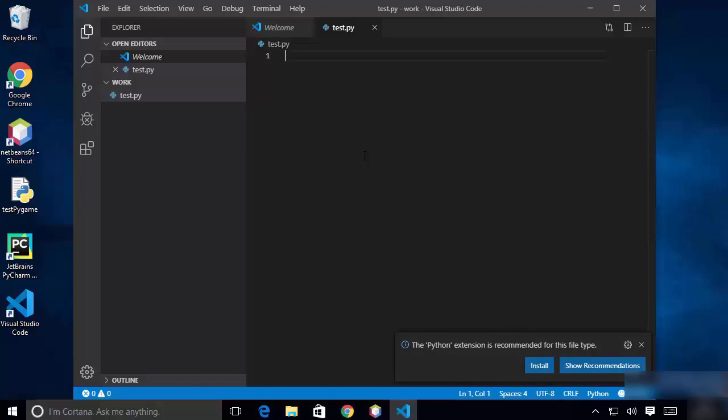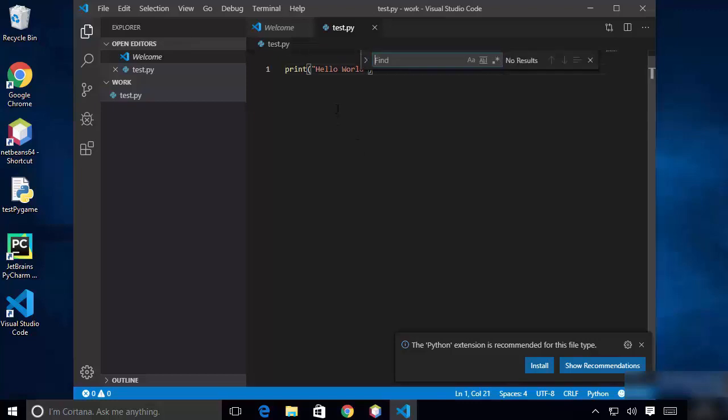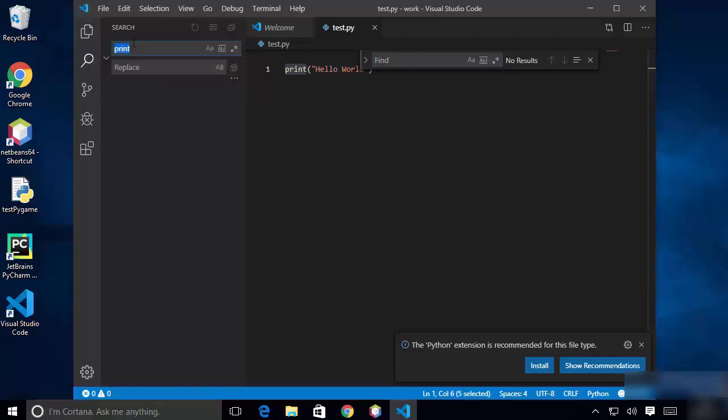So I was talking about the search. So if you want to search in the file, for example, I'm going to just write print hello world, and then just press Ctrl S to save your content. So you can press Ctrl F to find your stuff inside the current file. So for example, I just want to find out the print statement. So just type print, and you can see it's highlighted. Or if you want to search in the whole folder, then you can click on this option, and it's going to search for your keyword in the whole folder in which you are working.